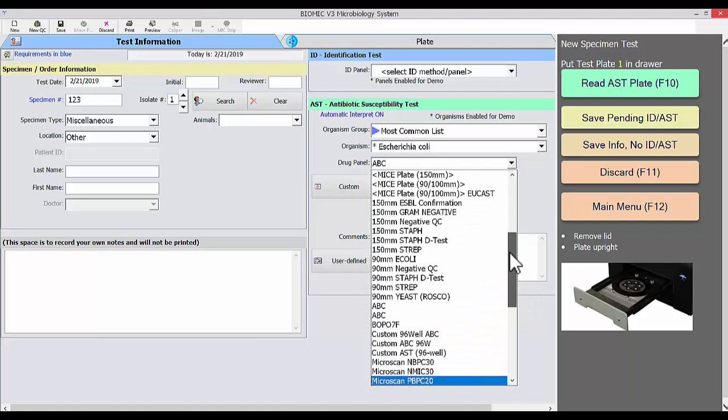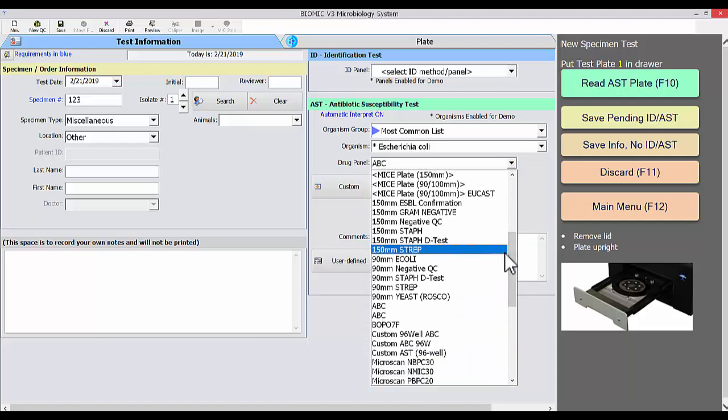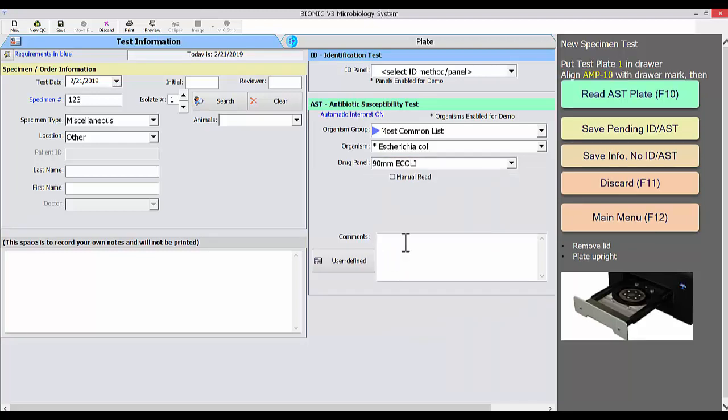A drug panel is set up by the customer. You can set up any number of drug panels in any type of group. You can name the drug panel whatever you want. I recommend watching the drug panel setup videos specifically for disc diffusion. So I have some examples that I have created here. I'll pick my 90 millimeter E. coli,